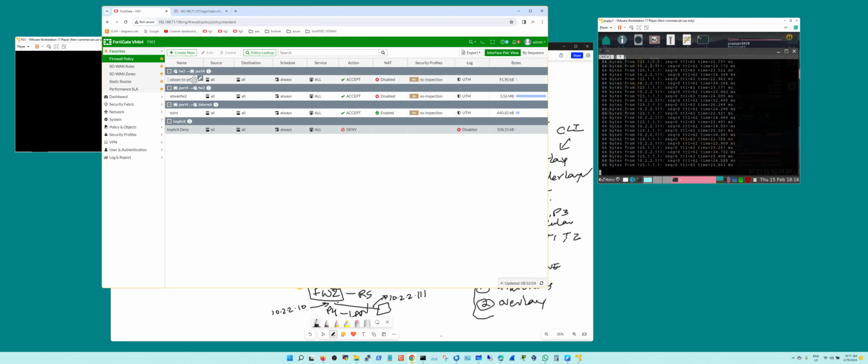So this one is basically, you just need this guy. I was testing it, you don't need the reverse one unless you have a firewall that you want to implement it to. For a complete setup on both sides, you're going to need 2 policies. But right now, for traffic initiating from the LAN port to the tunnel, that's all you need, right? So that's your policies. You got the SD-WAN rules, you got the zones, you got the static routes, you got the SLA. Now, how do I make this guy